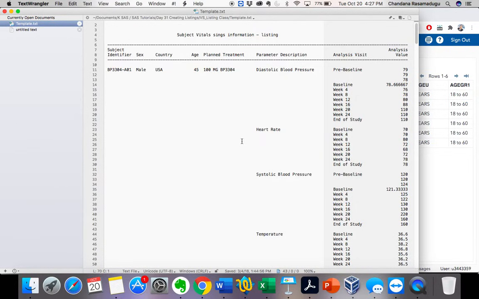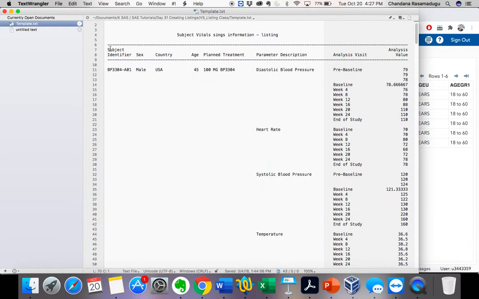Basically, in the listings, as I told you earlier, we do not perform any calculations and we do not create any variables or remove any existing variables. We just subset the data and give the report to the statistician based on the mock shell they gave us.